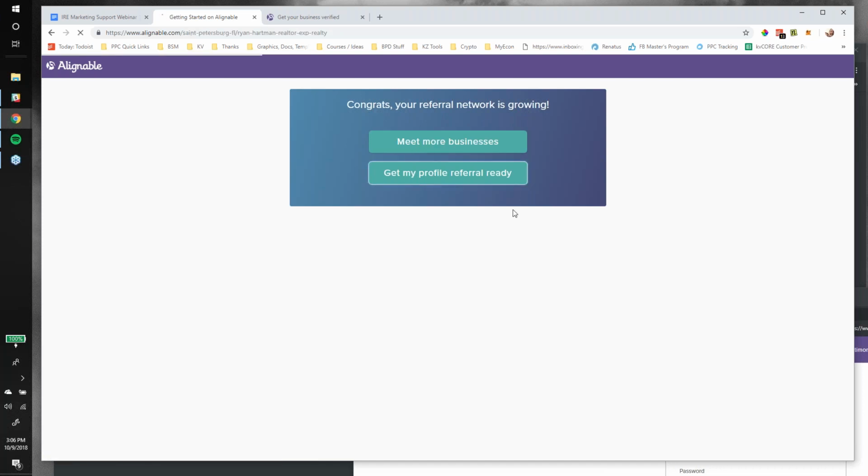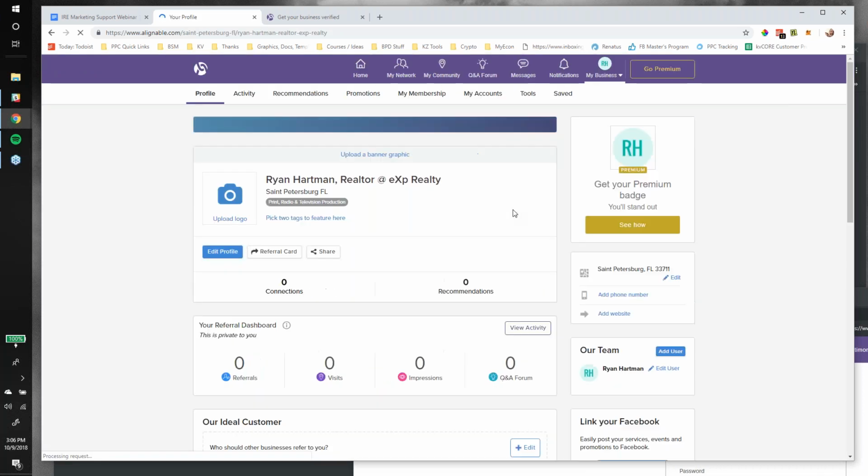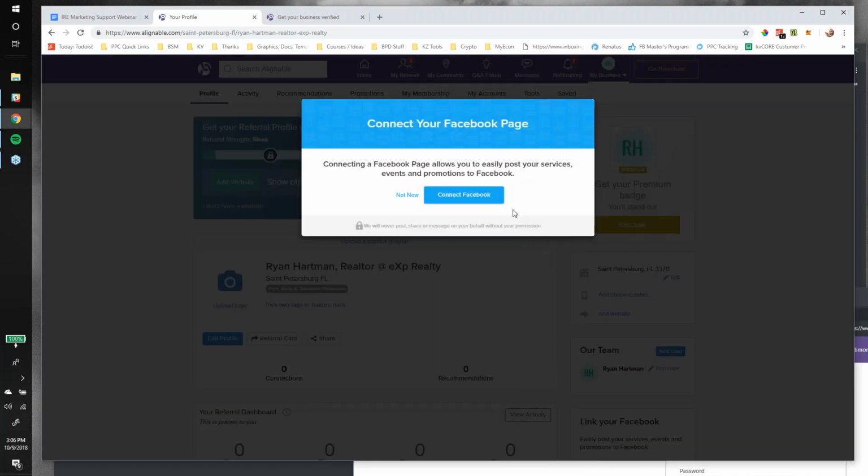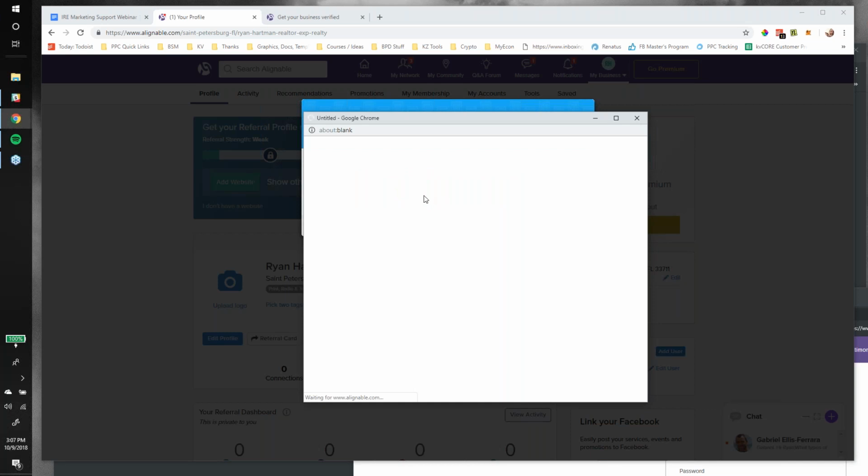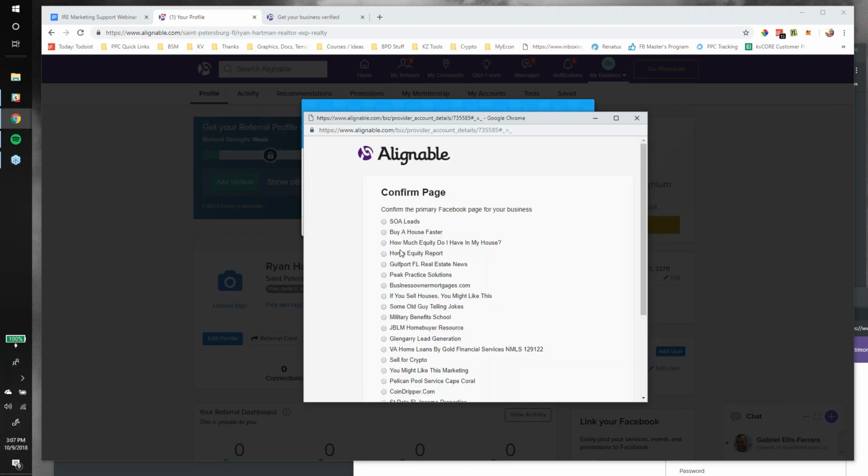I'm going to get my profile referral ready. And this is what I kind of wanted to focus on, and maybe what we do now will be instructive for when you're joining other social media accounts or when you're creating profiles. What I'm going to try to do is make my profile rich with links that could generate me leads through KV Core or conversion. So it says connect Facebook. Let's do that. We'll play along.